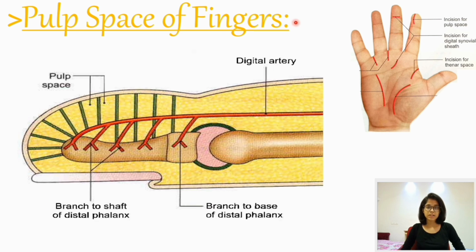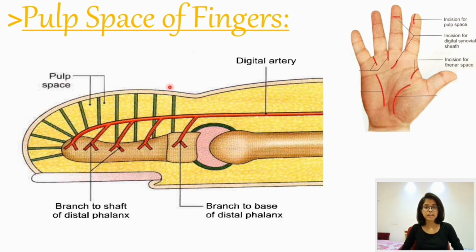The tip of the fingers contain subcutaneous fat that is arranged in the tight compartment formed by the fibrous septa passing from skin to periosteum of distal phalanx. Now the infection of these spaces is known as Whitlow, and the rising tension gives rise to severe throbbing pain. Infections of this space can be drained by giving lateral incision. Here you can see the lateral incision that will open all the compartments without damaging the deep tactile tissue.